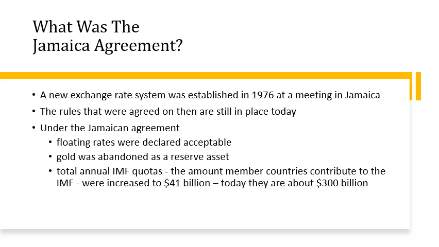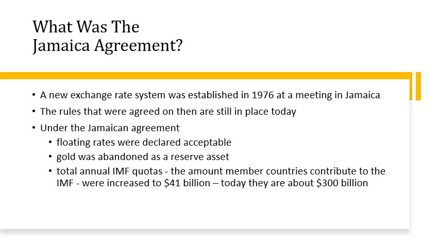Now, because the fixed exchange rate was no longer acceptable to the member states of the IMF, it was high time to meet and come up with an alternative mechanism to operate the international monetary system. So in 1976, the member states met in Jamaica and agreed to the rules for the international monetary system, which are in place and in practice today as well. So a new exchange system was established in 1976. The rules that were agreed on are still in place today under the